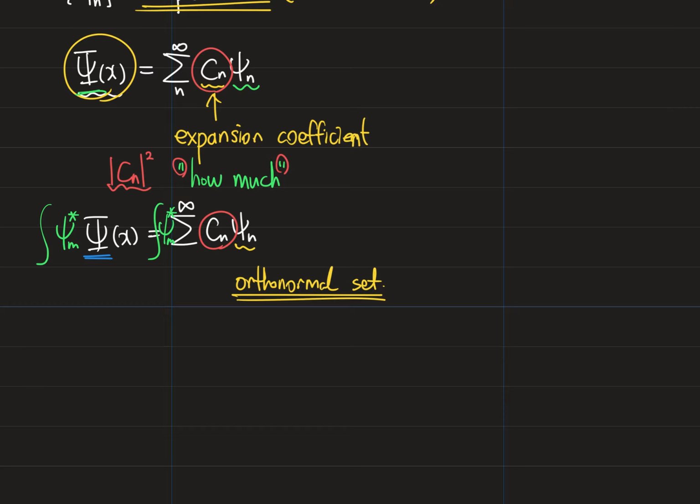So the left-hand side is, and the right-hand side, we can modify the expression a little bit. We know that the summation is a linear operator, so we can take the summation after the integral. And this coefficient is just a number, so we can take it out of the summation and the integral sign. So the right-hand side becomes